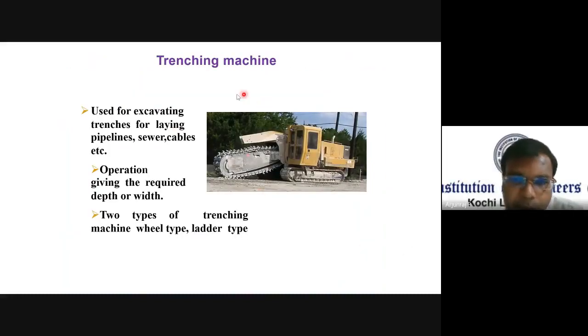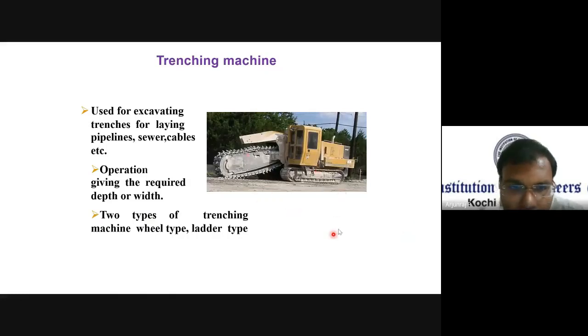The next important machine is a trenching machine. This is a trenching machine. They are used for excavating trenches for pipelines and also for sewer cables, etc. And you can use this trenching machine